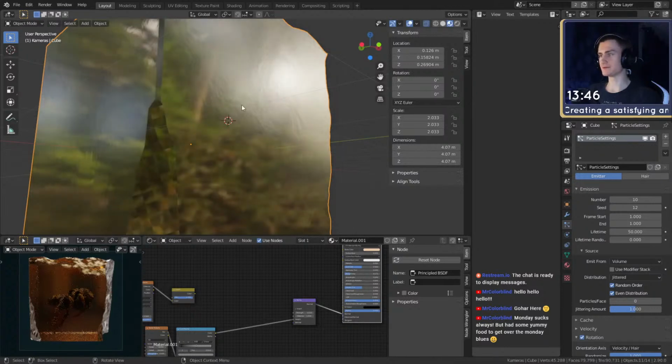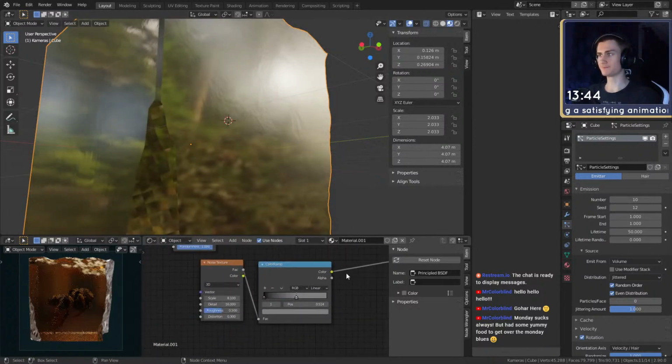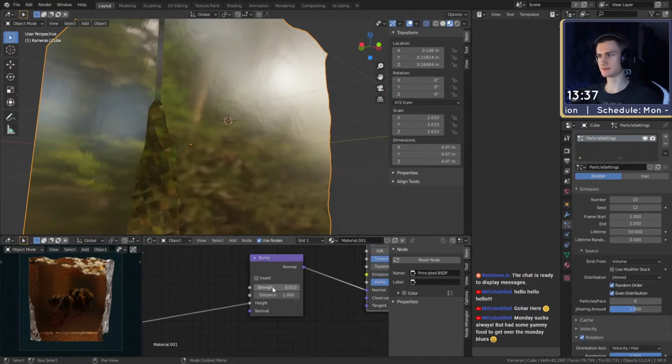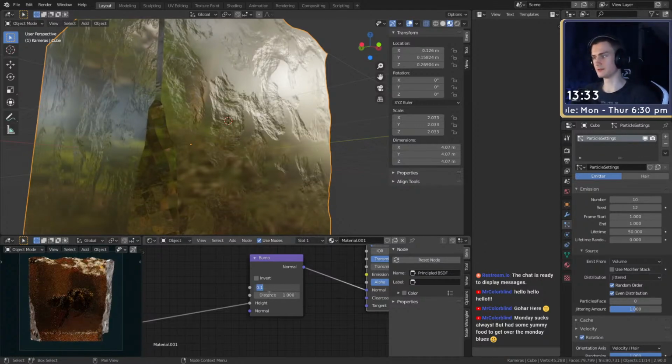And there you can see we have some deeper like imperfections or rougher imperfections. I guess we have to put that up a little bit because it's pretty shallow right now. We still have a lot of time, so we can play around with this some more.